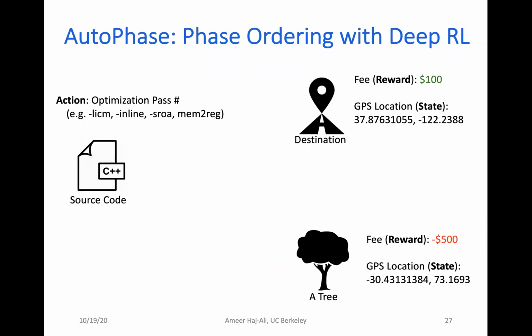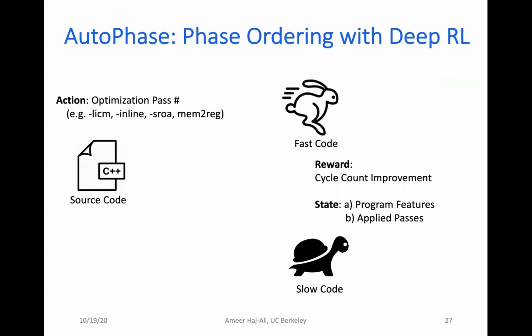Instead of the gas or steering, we have the optimization passes like inlining, loop invariant code motion, et cetera. Then our output, or what we observe, is whether we have fast code or slow code, which is basically our reward, how much cycle count improvement we have. And our state is basically program features and the previously applied passes that we collect from the program and our